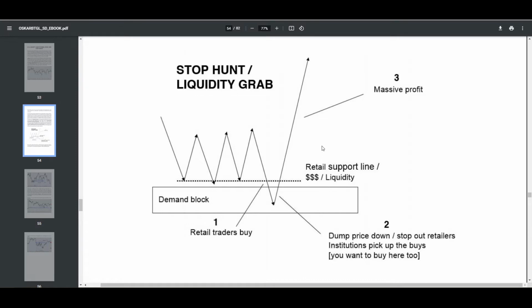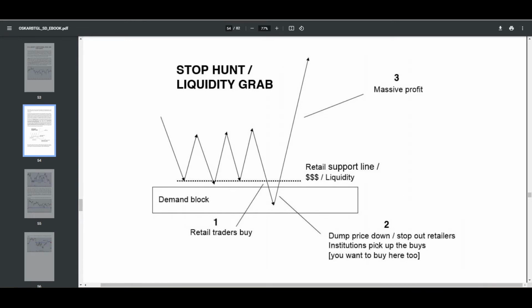And what this does is we automatically form a set of lows and highs, which then are our support and resistance line. So we can see here we have that level in price where we traditionally reversed, but then we have our demand block down here, and obviously indecision is not included there, but this is our demand block. And then what commonly happens is we will have a lot of retail traders buying there, and then